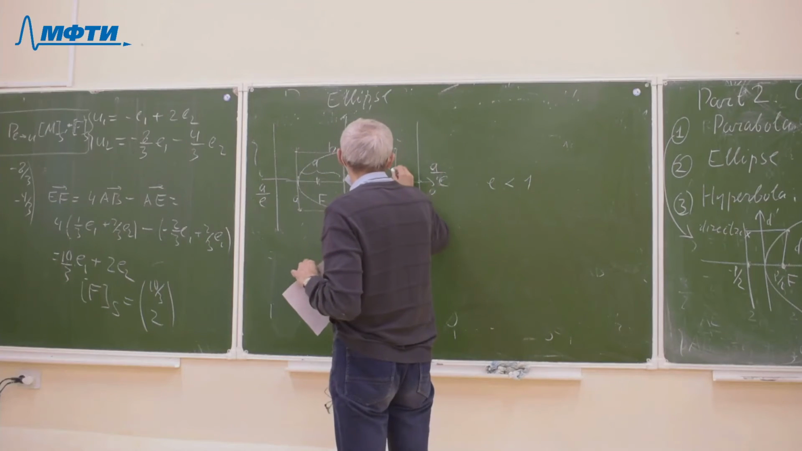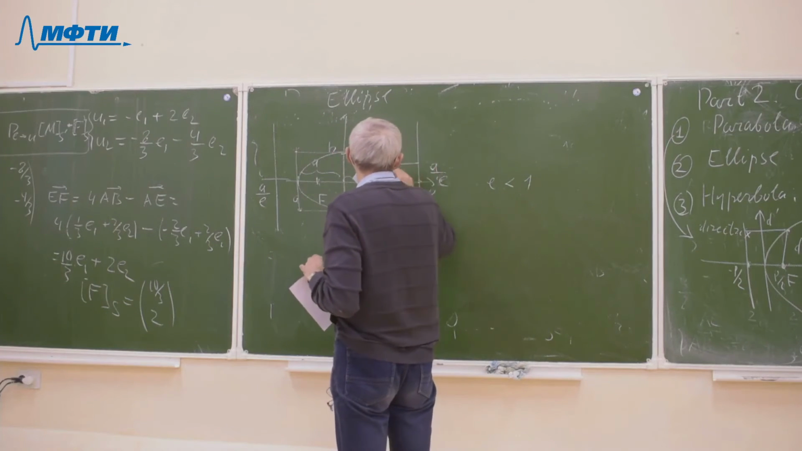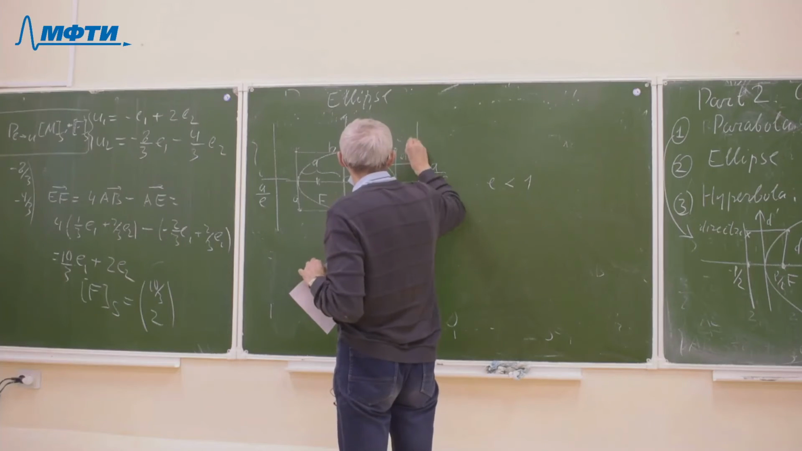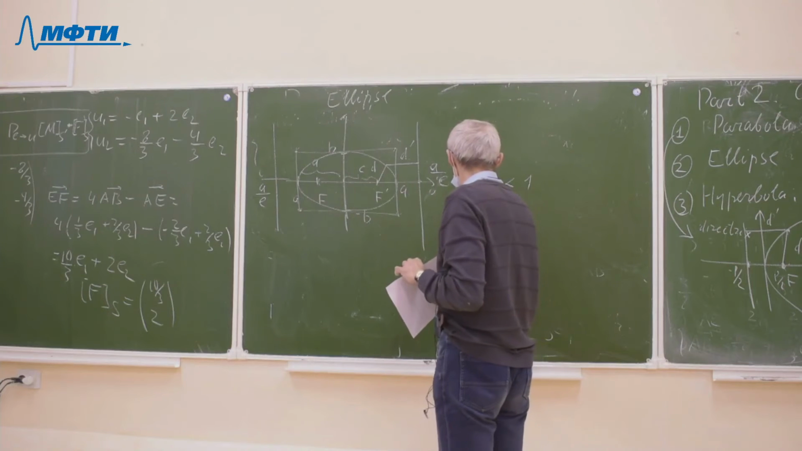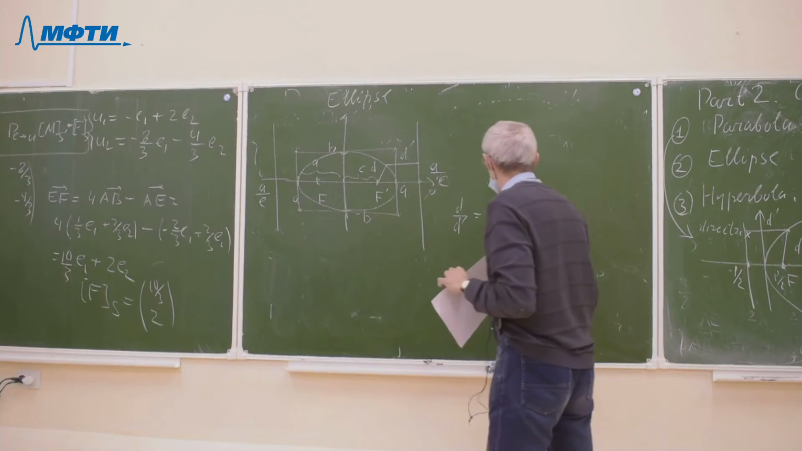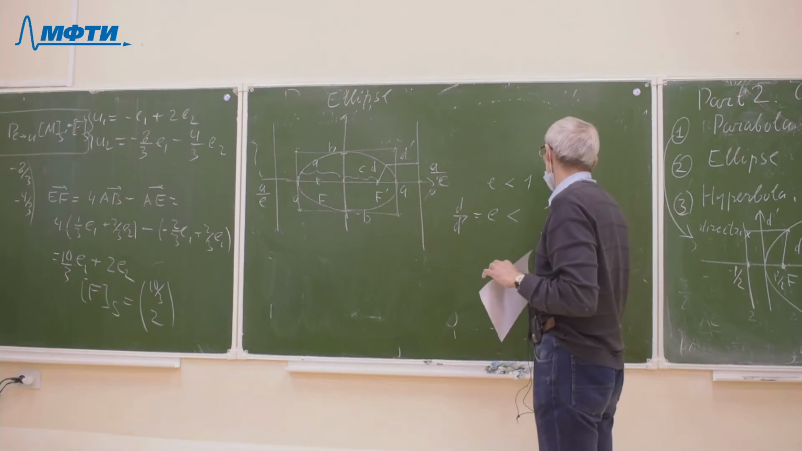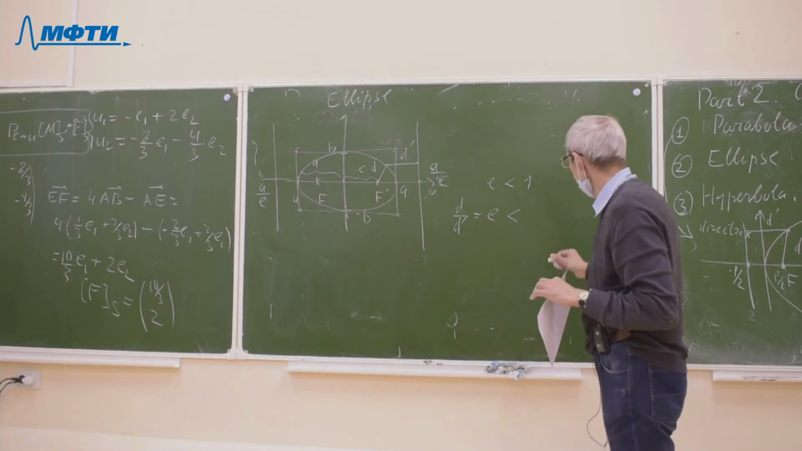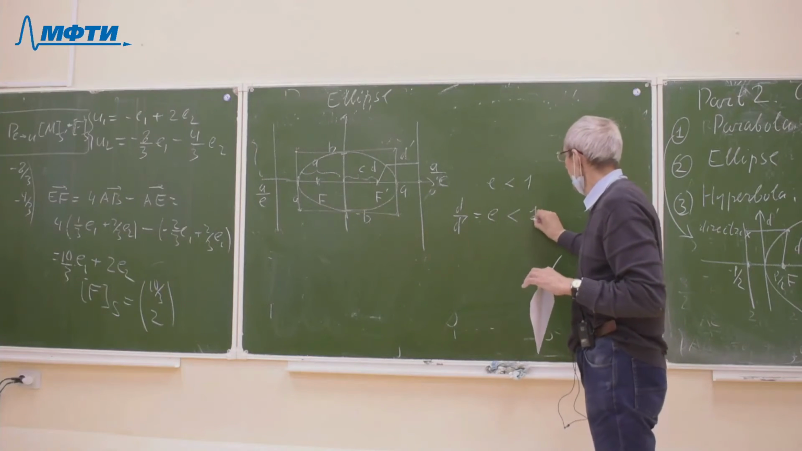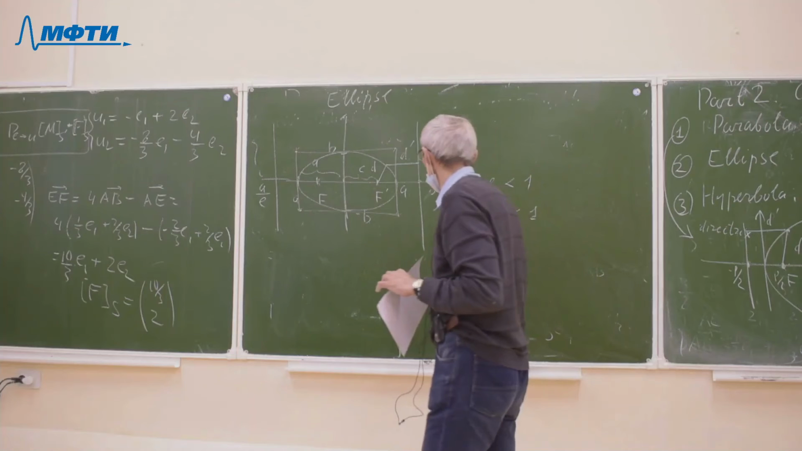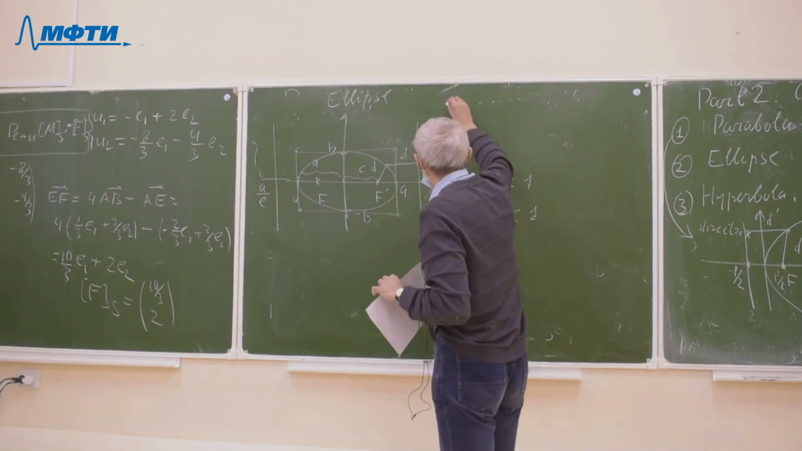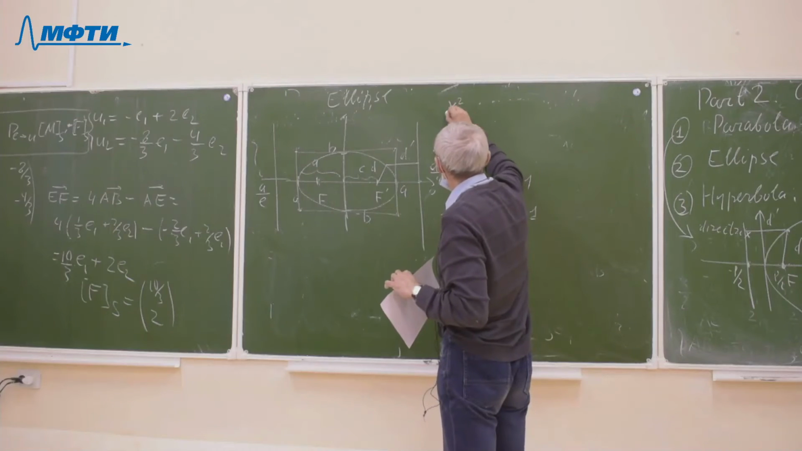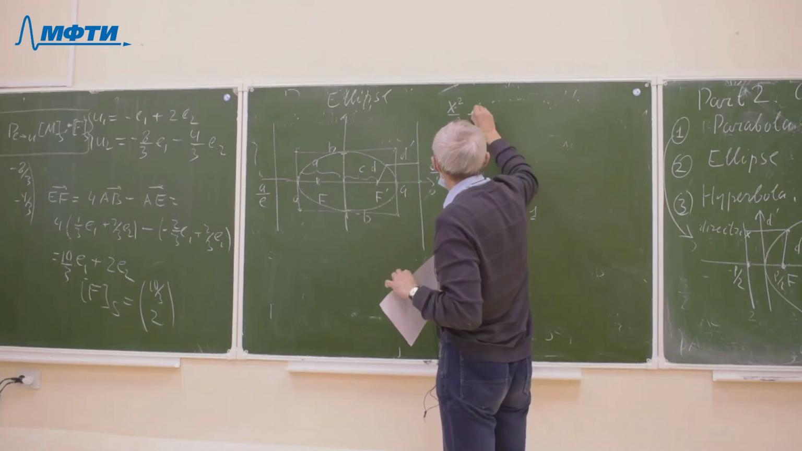And D prime, the ratio D prime is equal to E, less than 1. And in this case, the canonical equation of the ellipse is equal